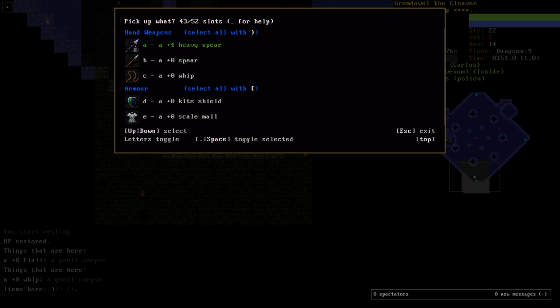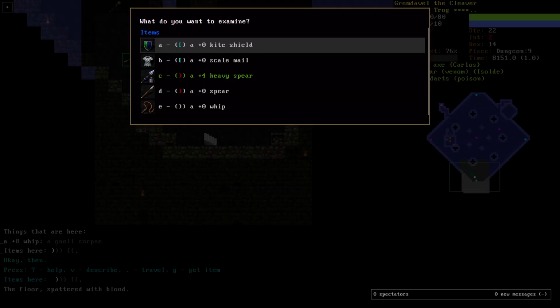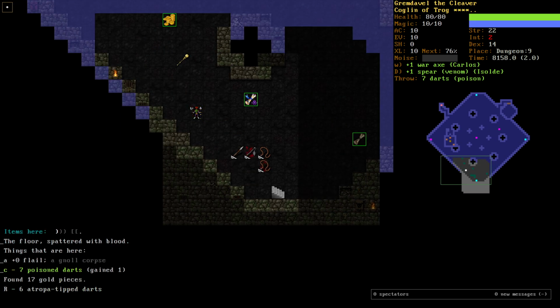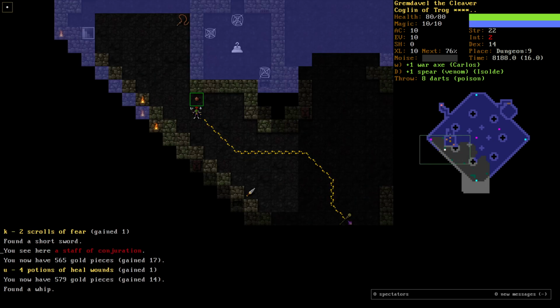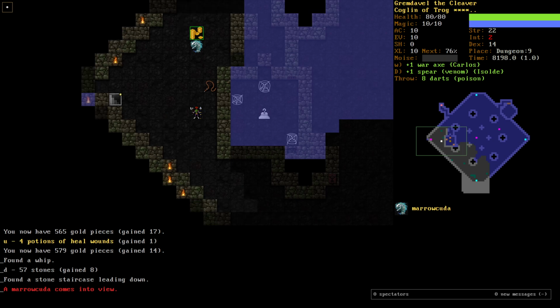The scale mail. Show me that scale mail. AC would increase, EV would decrease. Yeah, we're not picking it up. We got some Atropa darts. I'm not sure if we'll ever use them. I tend not to. But while we have inventory space, I might as well keep them. Maracuda. I mean, these things should be pretty trivial at this point, but...